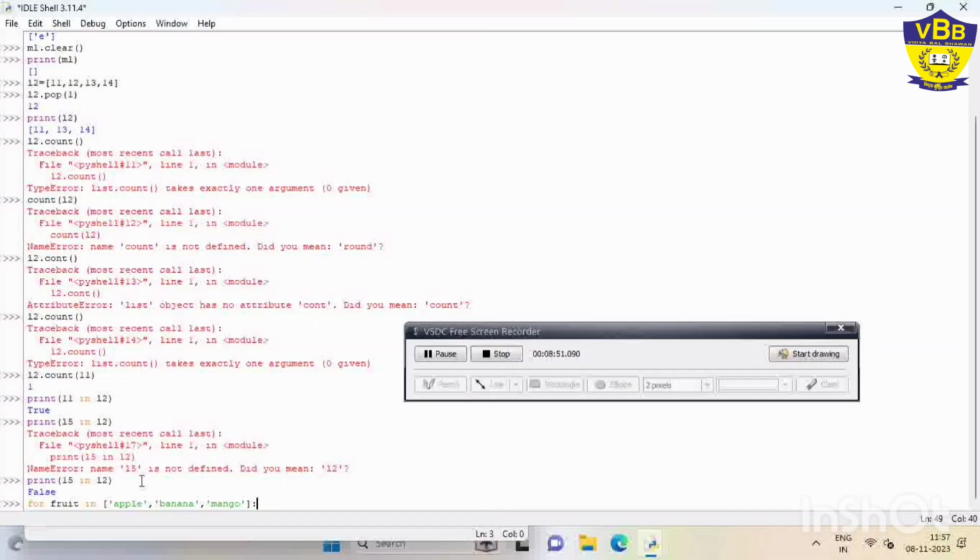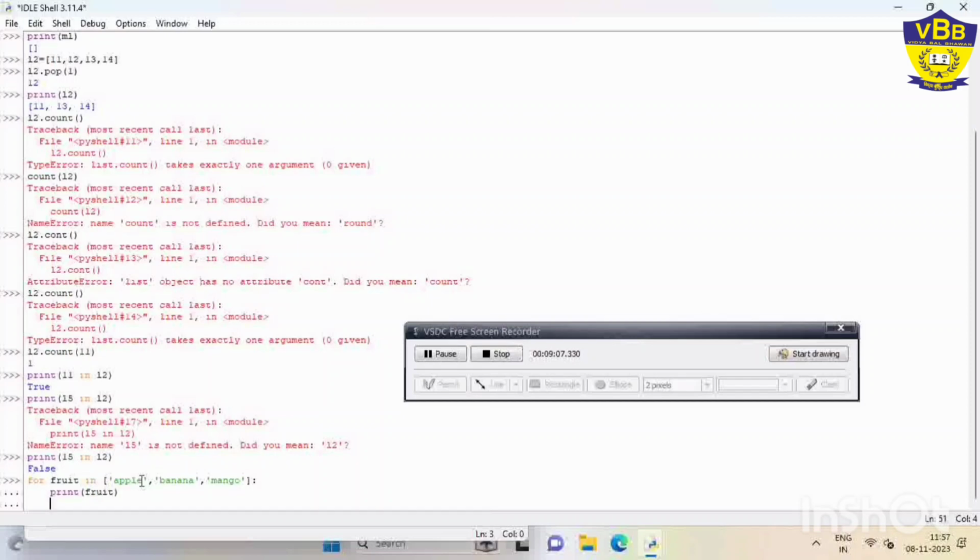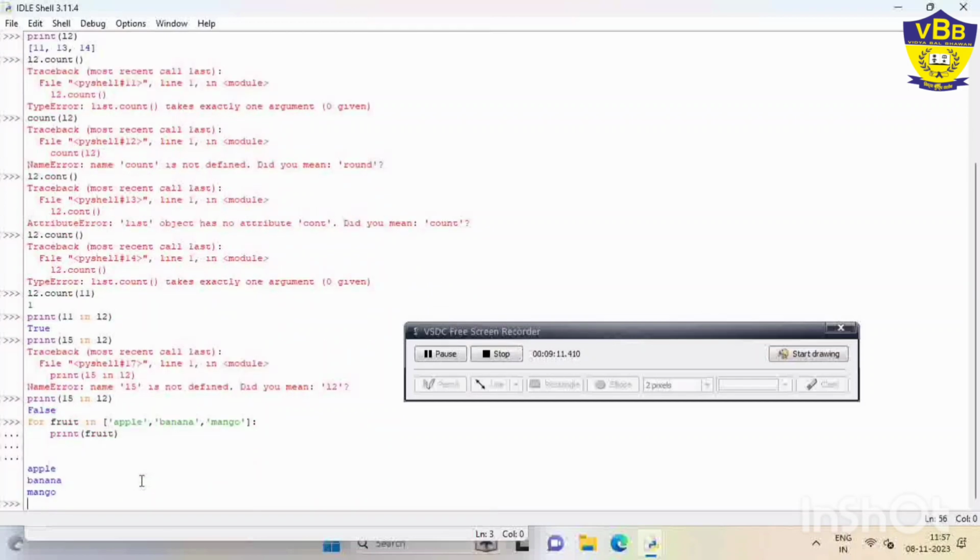Then after we have made this list, the loop line will always end with a colon, and then right here print. Every time, what will it print? It will print the name of a fruit, whichever it visits, right? So you can see the output. First it printed apple, then banana, then mango.